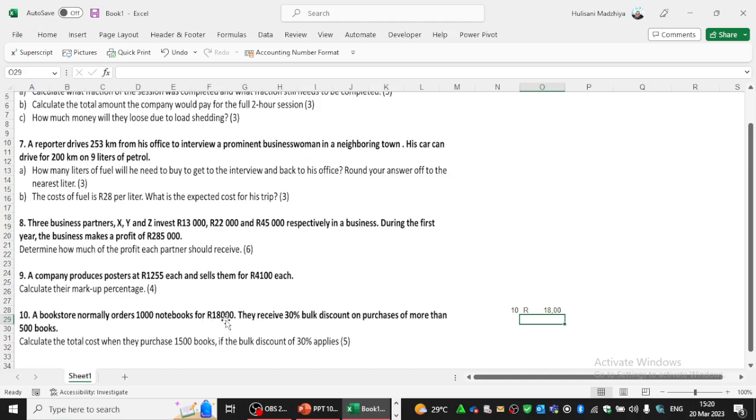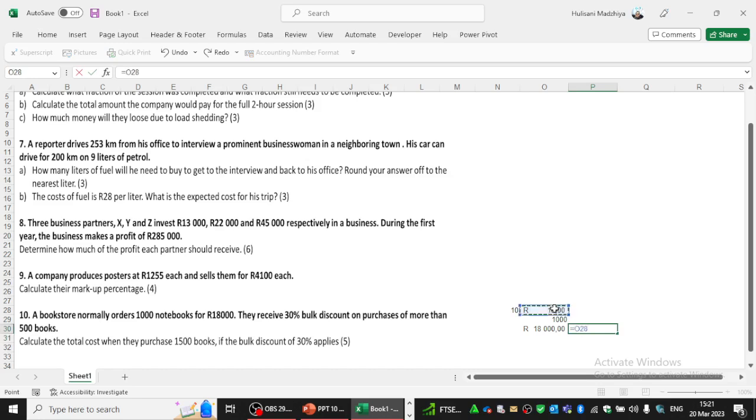So since they were purchasing 1,000 normally, they were not receiving a discount, which means each notebook was 18 rand. If we multiply this by this, it will give us 18,000, which is for the books that we actually bought. But this time, if we are going to buy more than 1,500, more than 1,000, the extra 500 books will receive a discount, meaning that in this case we are going to say equals to,